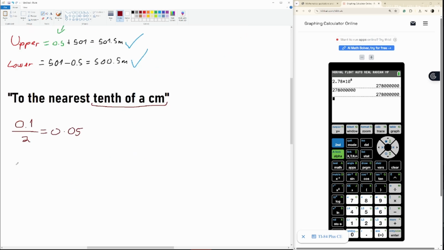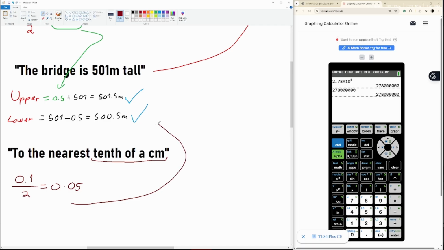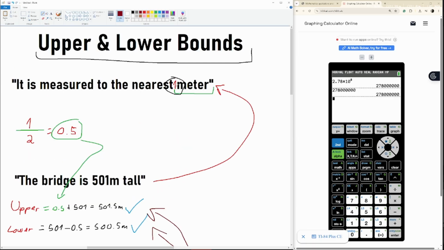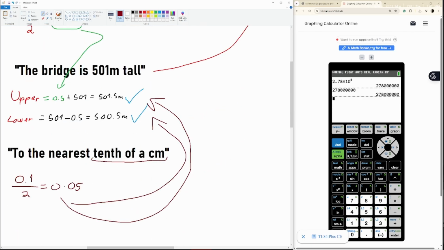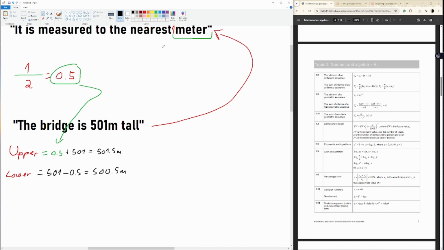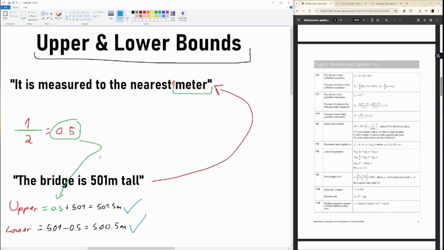And then you can add this on top, or subtract it from your given amount, and therefore you can find the same way. It's just a small reminder that in most cases you will not be given it as just 1 meter. It will be given something like to the nearest half of a centimeter. Then you can also write here 0.5,